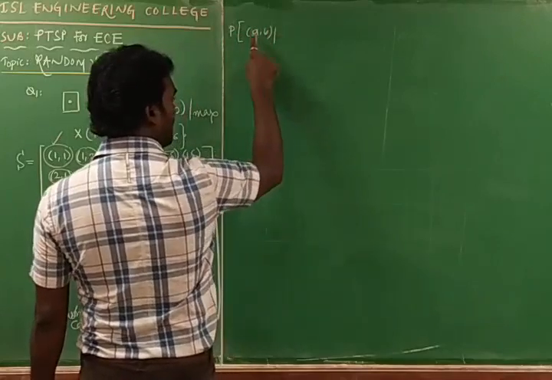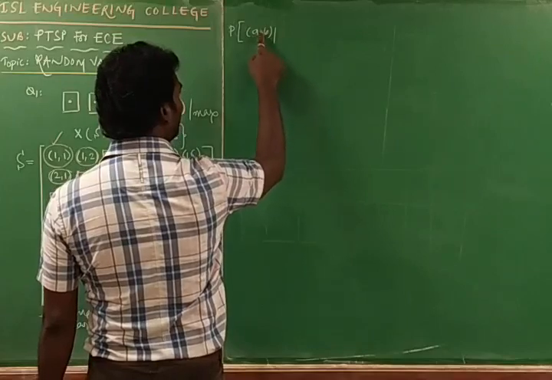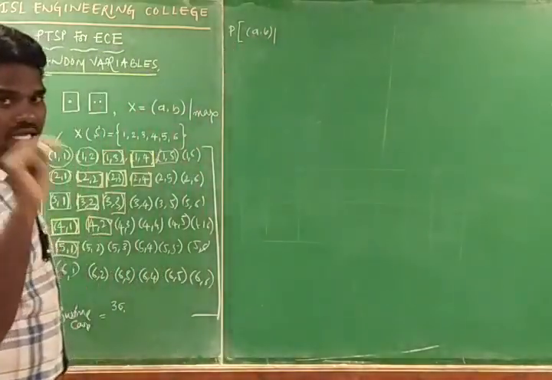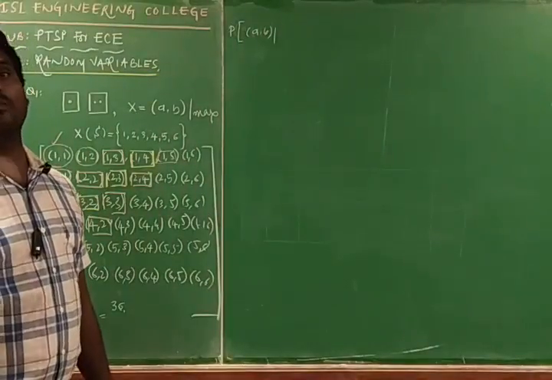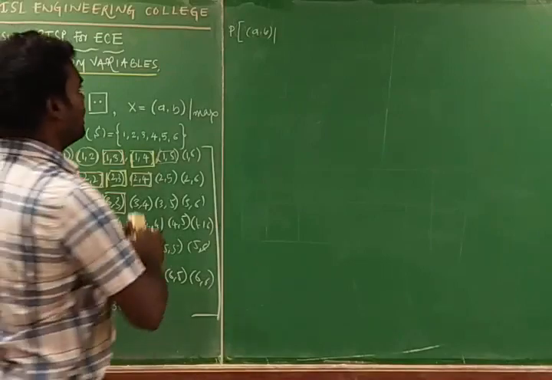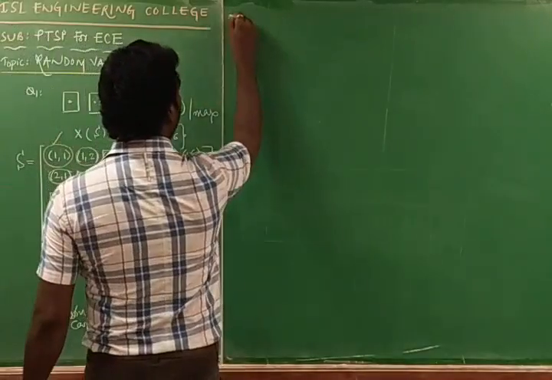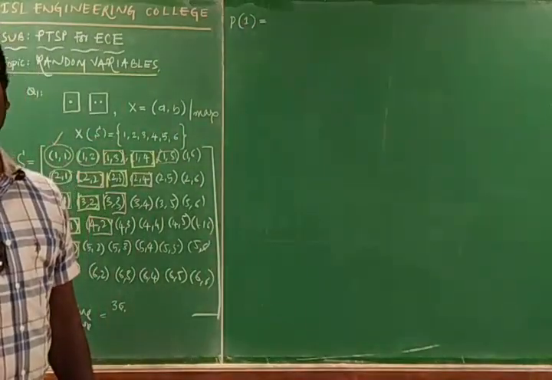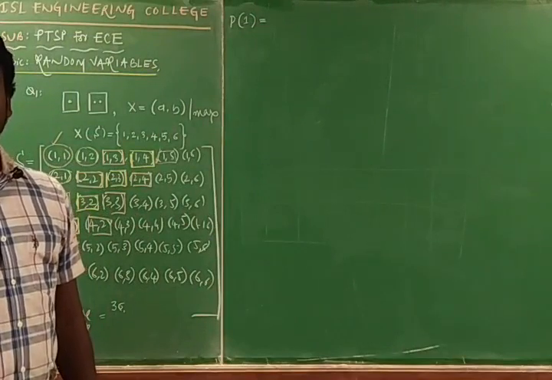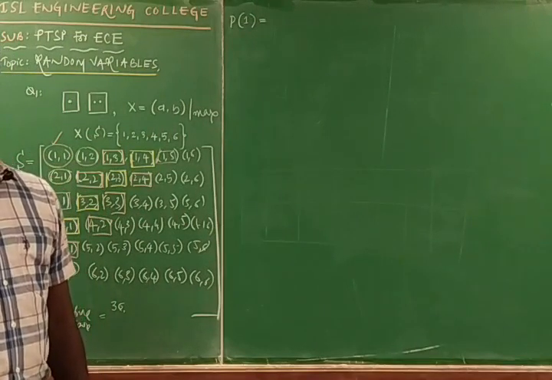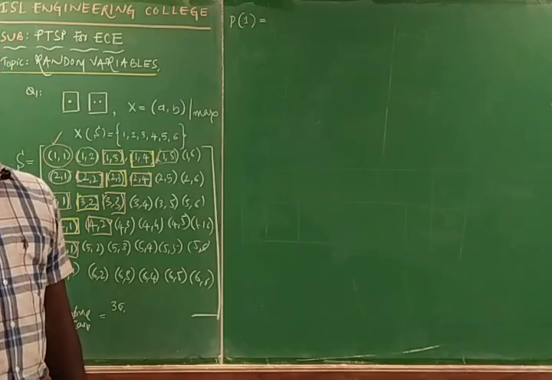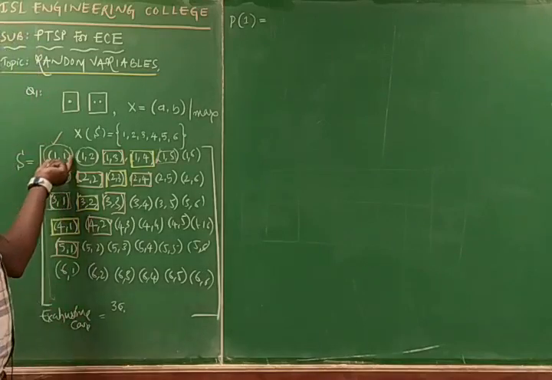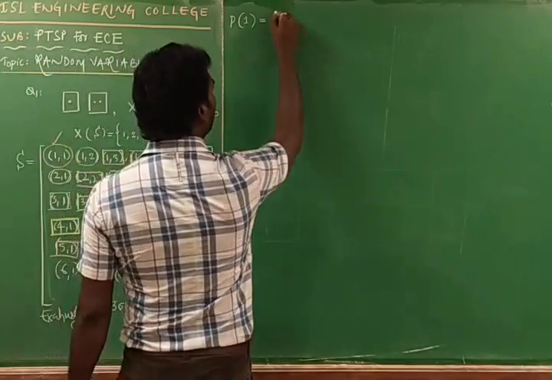where that probability of a comma b, in which we are seeing the maximum number, such that that interval should not have the number more than that maximum. Here I am going with probability of 1. That means what? I should identify the interval such that all the numbers in that interval must be less than or equal to 1 only, so that this is only 1 1. We are getting only 1 1.